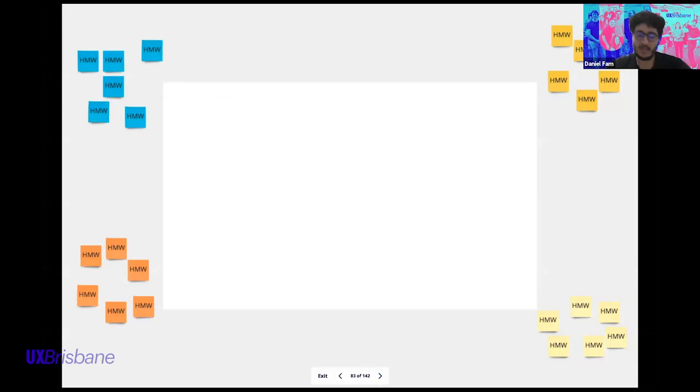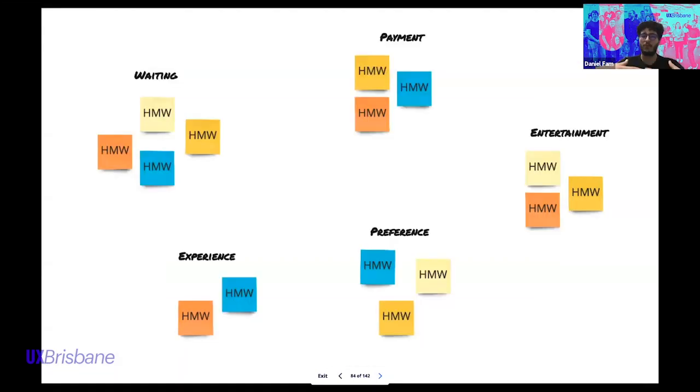So the way we do How Might We's, and again, we touch on making sure that everyone gets their opinion in, is that in 5 minutes, people will go around their digital whiteboard, look at all the long-term goals, sprint questions, and pain points, and start writing down as many How Might We's as they can. Then one person will bring one How Might We into the board, and whoever has similar ones will start putting them together. Eventually you're going to create themes through these clusters, like a payment cluster or a waiting cluster, experience, preference in coffee, entertainment. All these themes will start forming.